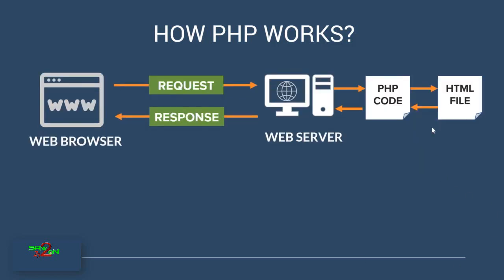So if you see on the right hand side in the diagram, I have embedded the PHP code here. Whenever a web browser is requesting a PHP code, whatever code it is, we haven't gone through the PHP details, but imagine it's a PHP code. The web browser will send the request to the web server. The web server will execute this PHP code, generate the HTML file, whatever the content of the file is, and then that content is pushed back as a response to the web browser.